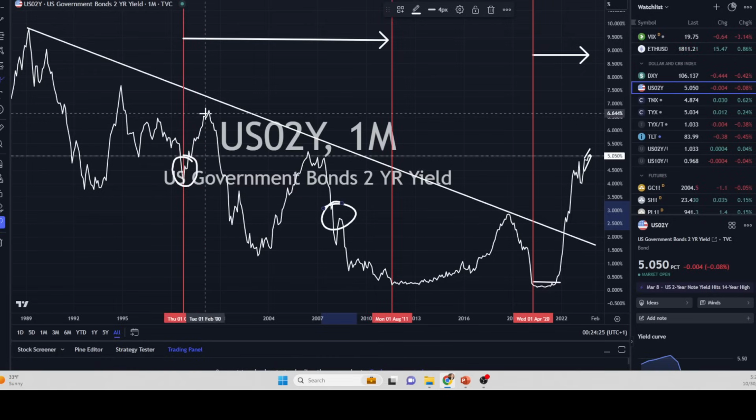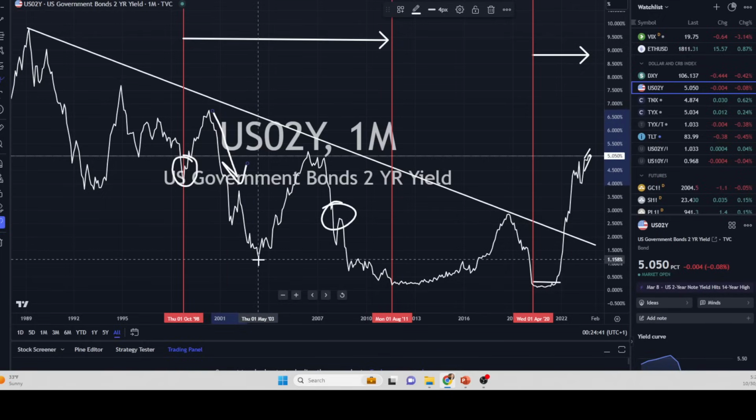We came on up, we inverted the yield curve originally, and then we had some problems in the market. The yield curve came back down, and the 2-year basically crashed. It crashed lower from May of 2000 all the way to the bottom of May of 03. So that was a crash in your 2-year bond yield.